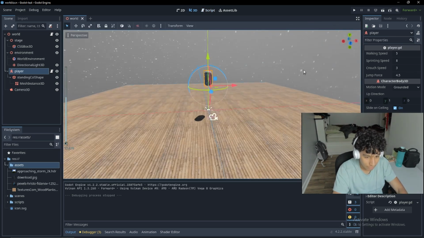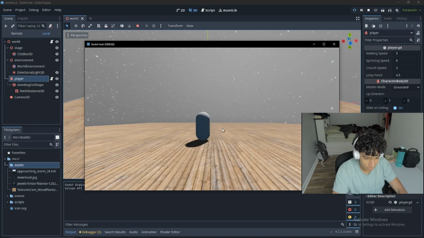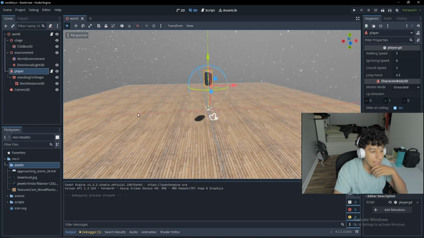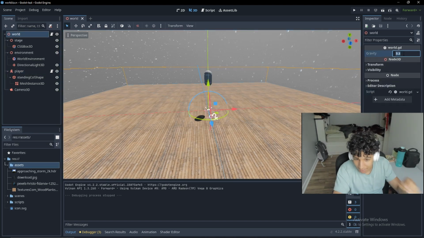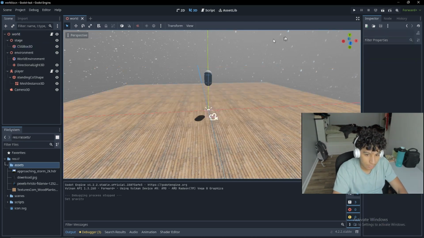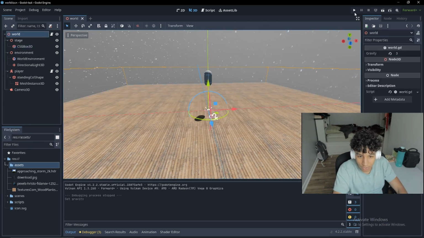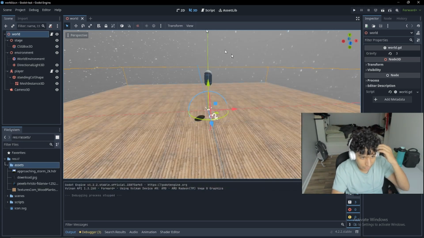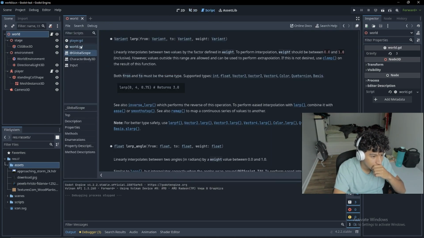So now if I run this, as you can see, this is like the Earth gravity. I'd say that's pretty good. And if I want to change that, I can go to world, and I can make the gravity a lot less. So I could do 3, for example, 3 meters per second squared. So if I do 3, he should jump a lot higher, but he doesn't. So the reason that is because